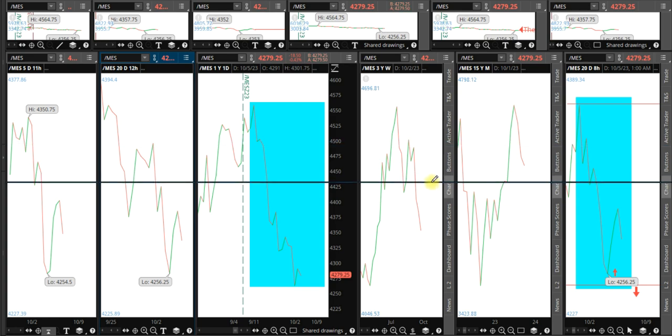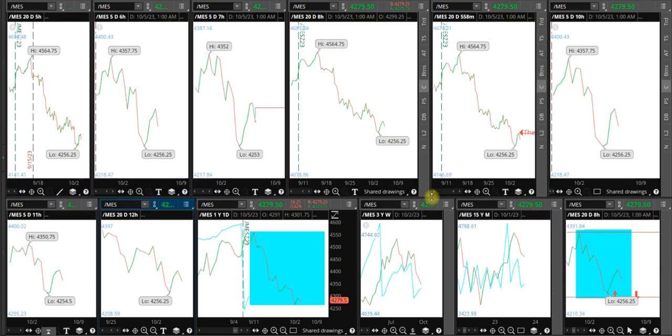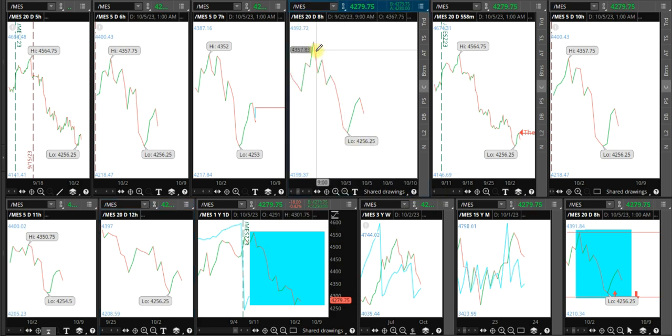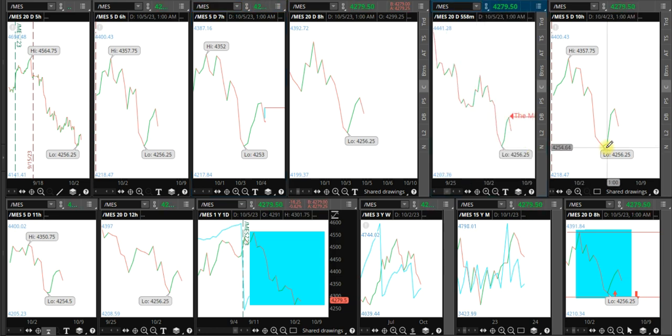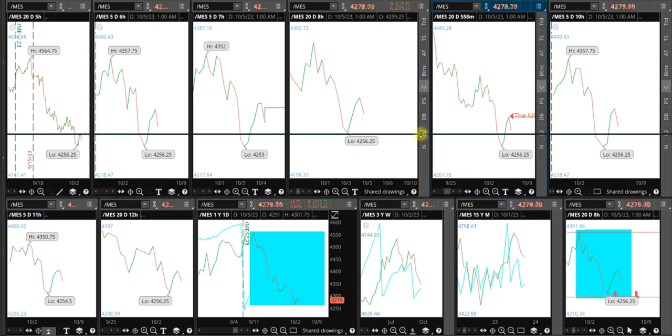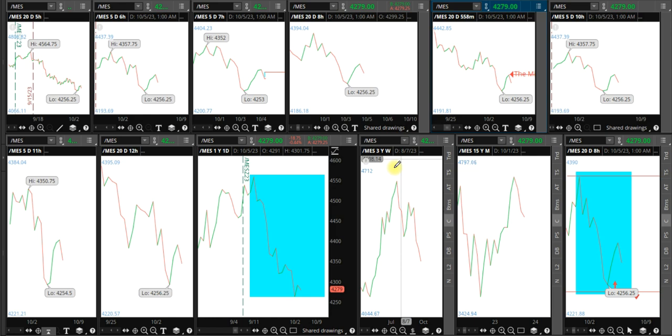So on a daily, even for the week, it seems to be up. There's that 8-hour fractal again here. 7-hour fractal is pretty similar. We have nothing here, and we have nothing here. So what we have to do, we have to wait during the day to try to find an entry point. But as of the morning here,